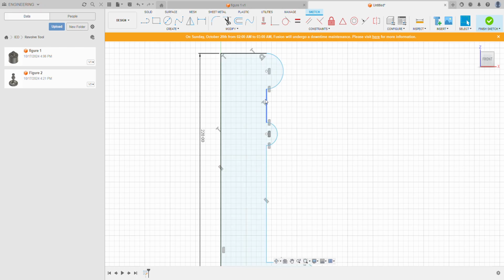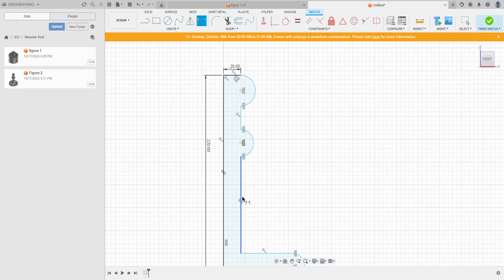This top dimension here, we actually want to be 20. That actually brings everything down, which is really nice. And the reason why is that we have all these vertical constraints. If we didn't, this line would still be out here, this line would still be out here. So sometimes it just works in your favor to go out of your way and do that. The radius of this should be 10,